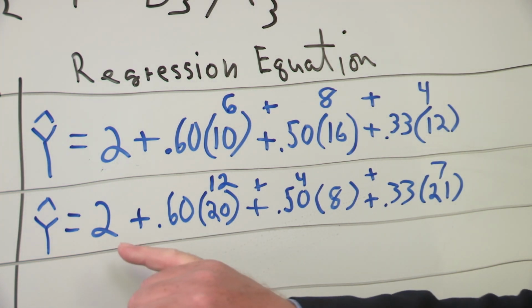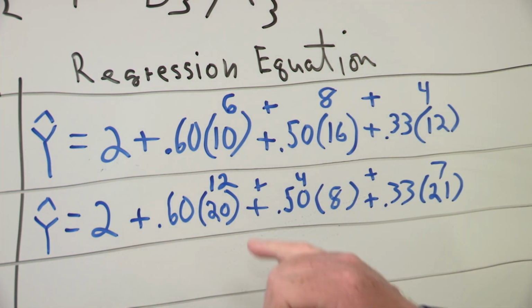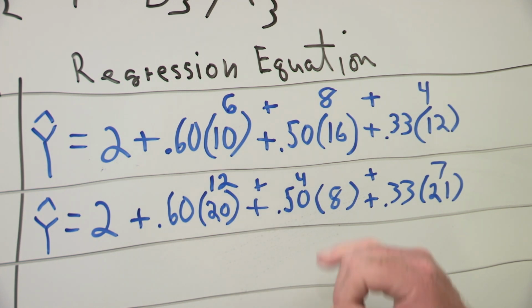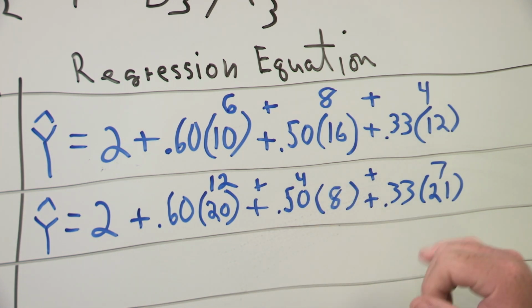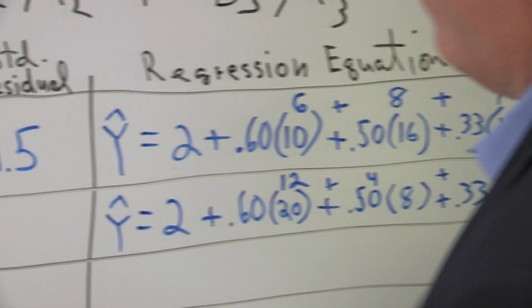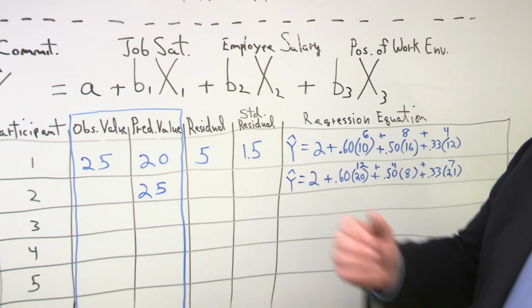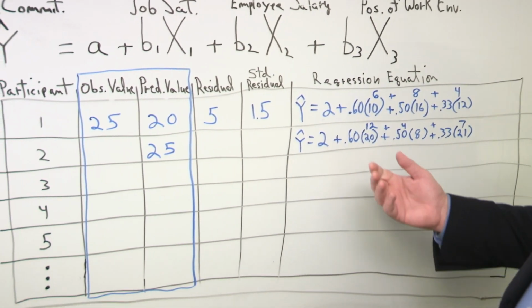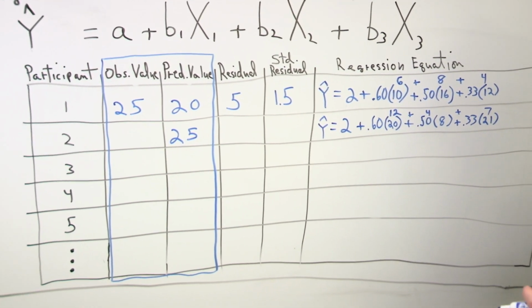So let's add them up. We got the constant, which is 2, plus 12 is 14, 4 is 18, 7 is 25. So the predicted value for participant number 2 out of the model